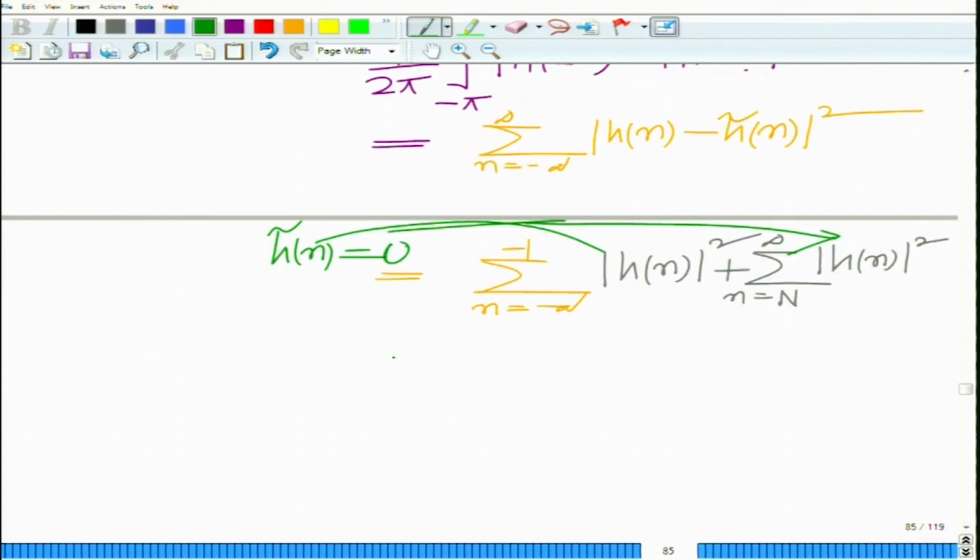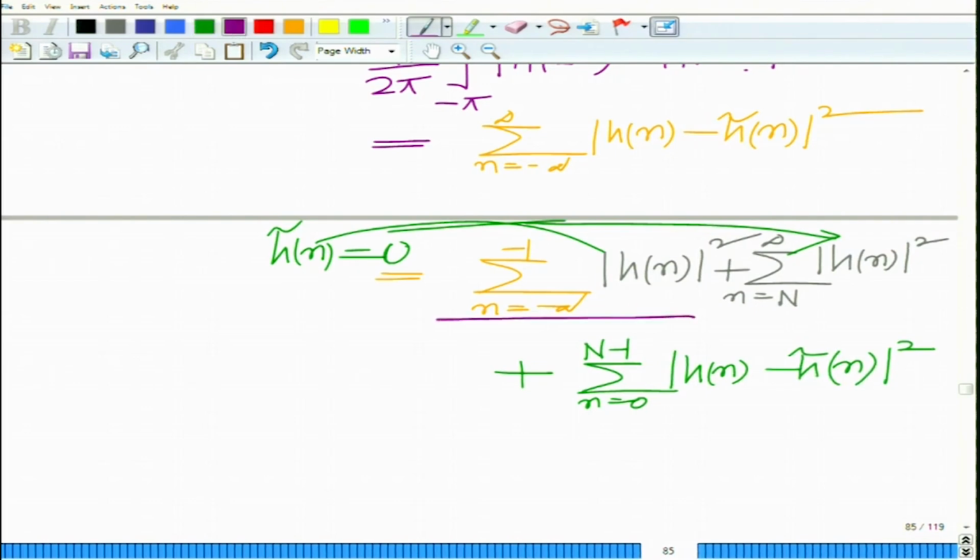Therefore, the only remaining component is the summation n equal to 0 to N minus 1 of magnitude h n minus h tilde n squared. Remember, the first two quantities are a constant, they do not depend on h tilde. So, this is equal to a constant C plus this term, and to minimize the error,